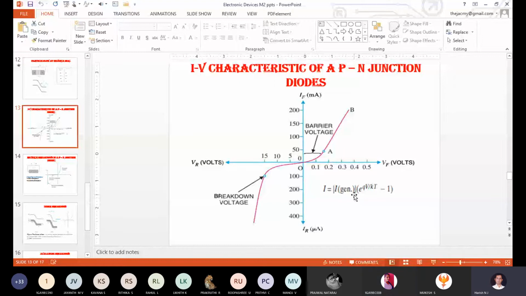Here I want a little clarity. Which type of current? Minority, there is no doubt in that. But in which phenomenon does this generation current exist in your PN junction diode? Due to minority, up to now we concluded it as a drift current. But suddenly we are defining generation current. What is the difference between the drift current and generation current? Both things happen when the diode is reverse biased. That's also due to minority.